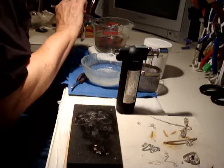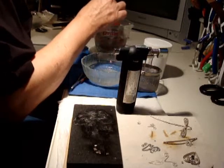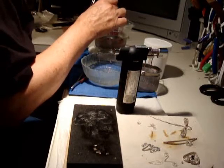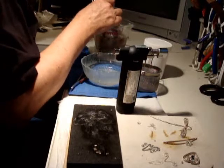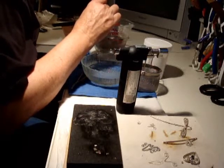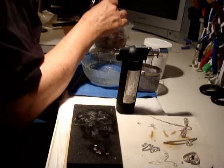And once I'm satisfied that the fire scale has been removed, I'll return the piece to the charcoal brick, and I'll continue working on my solder joints. Occasionally you do need to stop and remove the fire scale from your work, because if the fire scale builds up on your work in between solder joints, the solder won't flow and you won't be able to finish your piece. So it's important to work on really clean metal, and that's why pickling